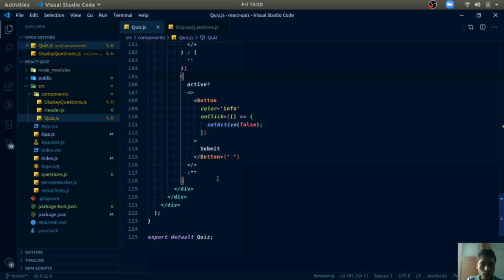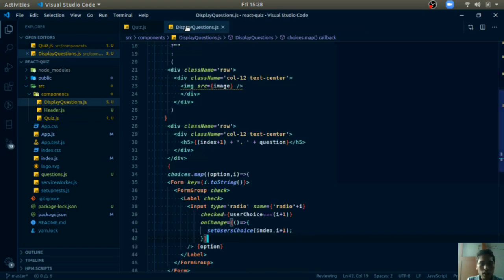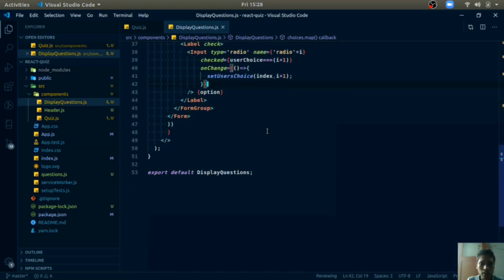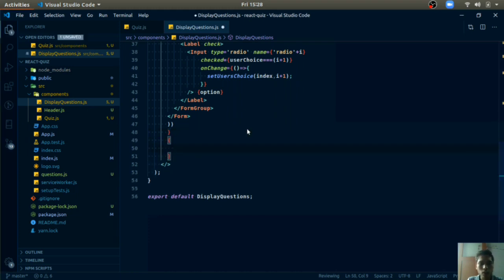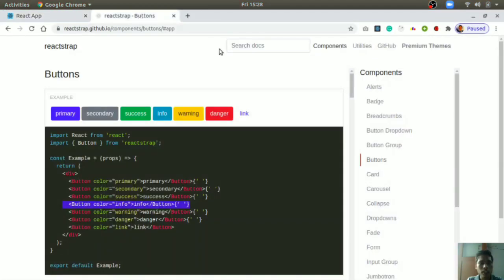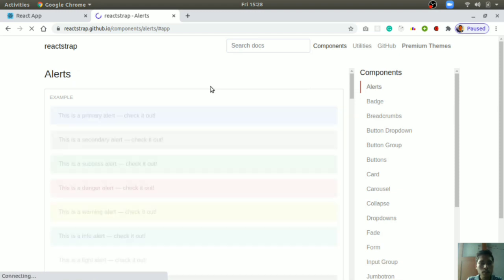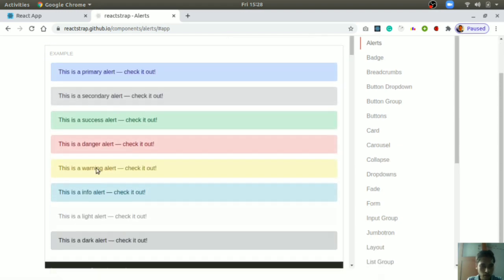Whenever the quiz gets over, we need to display what is the correct answer and what was the explanation for that. So I can use alert for that. Alert is a component in React Strap, so I will use just that, alert. Just see, this one is looking perfect, info.